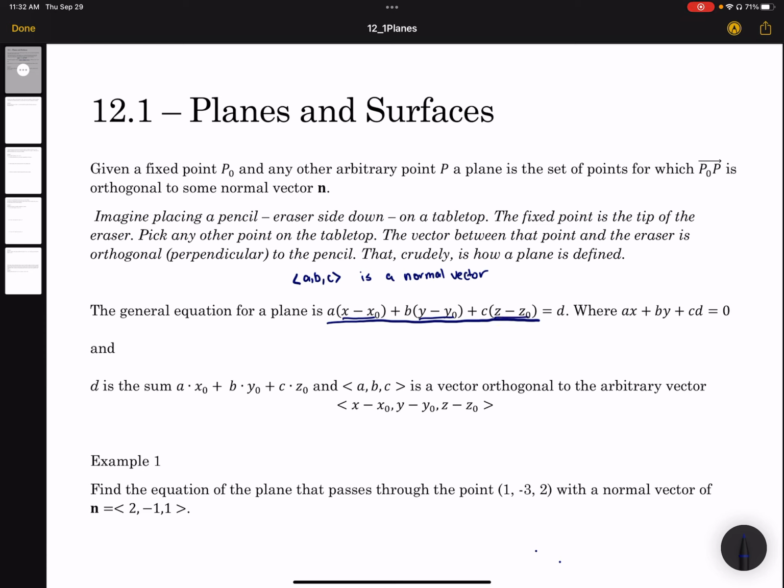Obviously we're doing this in 3D. And so what we're really saying is that the dot product here is 0. And so in our formula, a times x0 plus b times y0 plus c times z0 has to equal this value of d that we get,